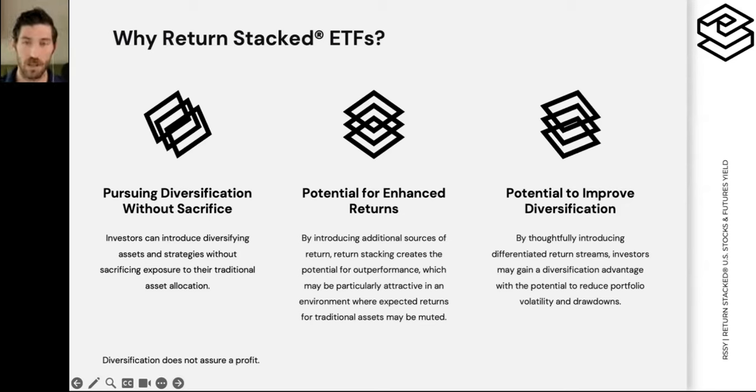Second, return stacking provides a really novel approach for investors who are seeking to generate excess returns. So we've all seen the SPIVA reports, we've all seen the Morningstar reports that suggest how hard it is to beat the market through security selection or picking stocks. Return stacking gives us a way where we no longer have to fish in the same pond as everyone else. Instead of trying to find alpha through stock picking, we can simply keep our stock beta, keep that large cap equity exposure, and stack an alternative investment strategy on top